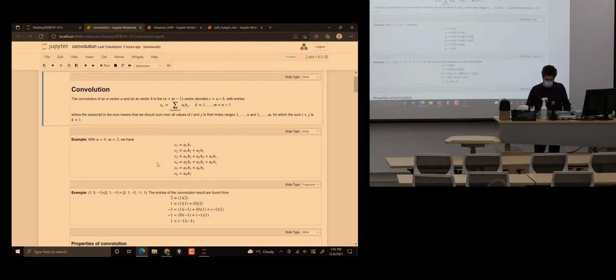What about c3? We have three possibilities: a1 b3, where 1 plus 3 is 4, 1 more than 3, plus a2 b2 plus a3 b1. What about c4? There should be more, right? c4 is a2 b3,